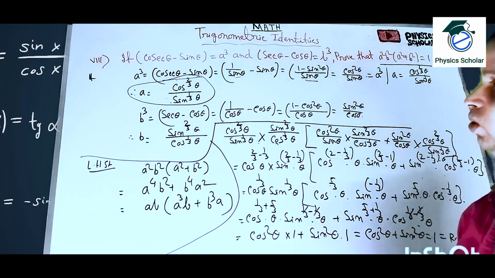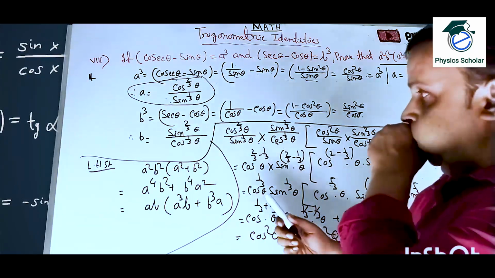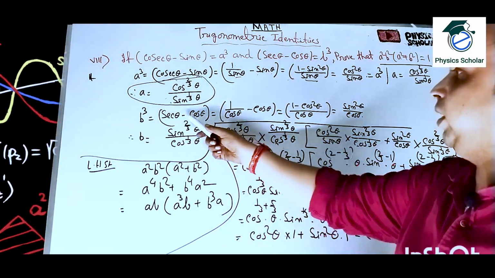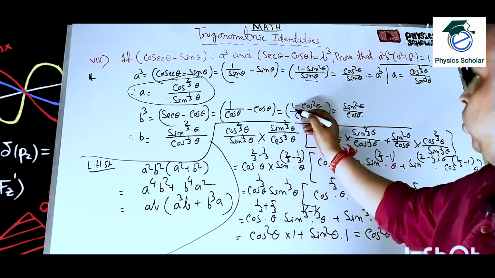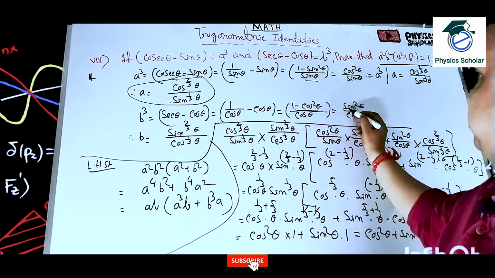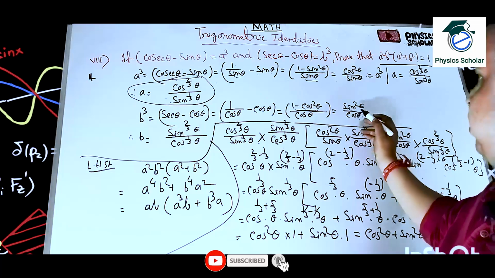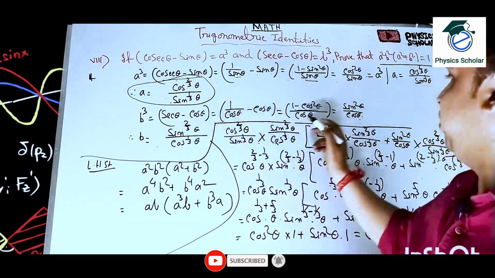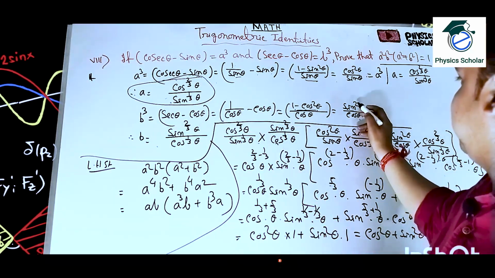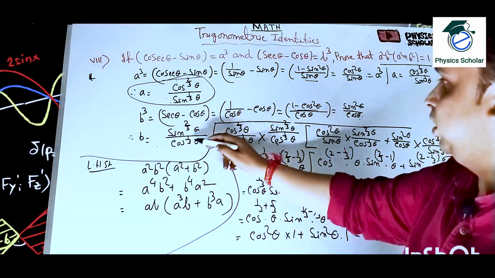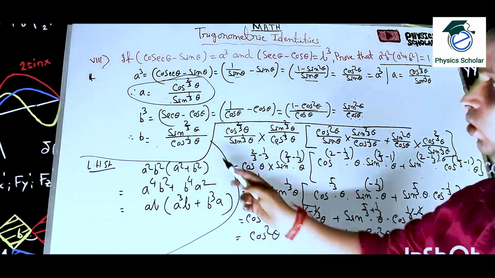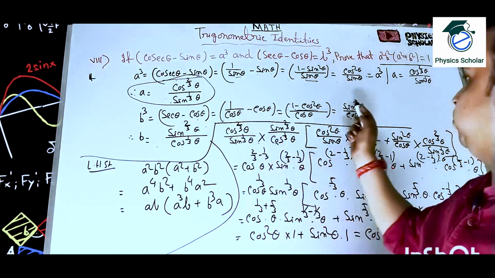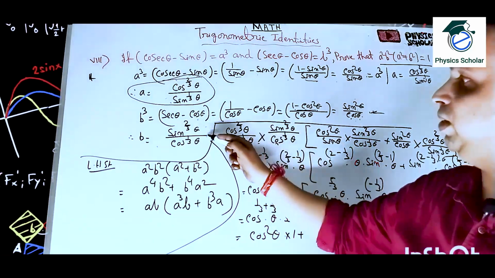Okay. So now b cube is equal to sec theta minus cos theta. Sec theta means 1 by cos minus cos theta, cos theta will be the LCM. So 1 minus cos square theta. 1 minus cos square theta means sin square theta by cos theta. Clear? Now what will be then b? B means sin theta to the power 2 by 3 divided by cos theta to the power 1 by 3. Okay. So that is the value of b cube, and the value of b is this.